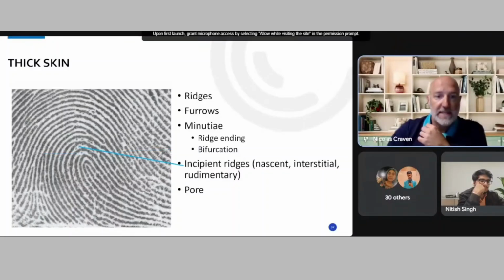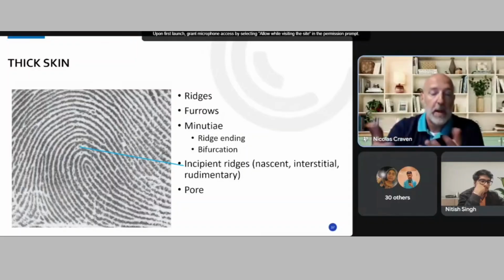You will also find at times what are called incipient ridges. They can also be referred to as nascent or interstitial rudimentary ridges. These are formations that are not mature ridges. And so in between the ridges, in the furrows, you will sometimes have these incipient ridges that are immature ridges that didn't form as fully as the ridges. And so you will see these sometimes and sometimes not. And they can be person dependent, meaning I might have incipient ridges and my friend might not,